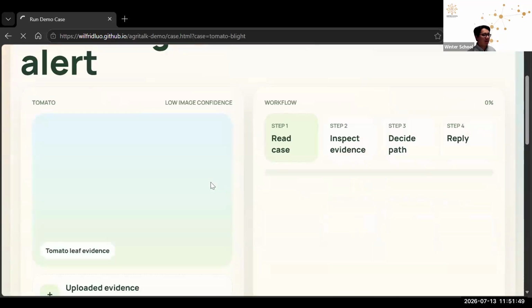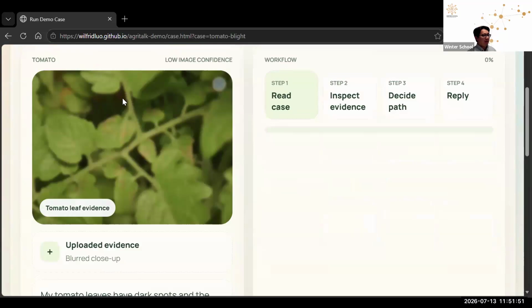So basically, that's the thing we can do. The user uploaded an ambiguous image. Nobody can interpret it. So a wise expert, probably in this case, would ask for clarification from the user rather than just give the answer. Otherwise, the user is going to be furious about your answer.